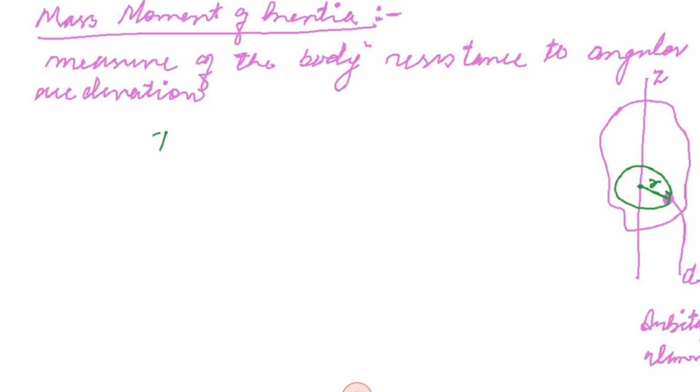Then in that case again, your moment of inertia will be equal to the integral of dm, right? dm times r square,